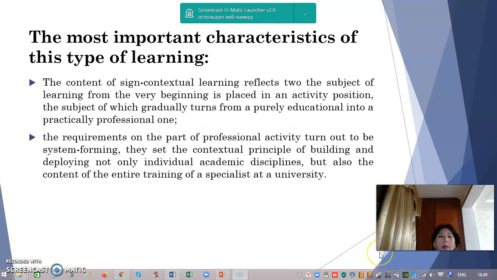Also, we can reveal some of the most important characteristics of this type of learning. The content of signed contextual learning reflects that the subject of learning, from the very beginning, is placed in an activity position, the subject of which gradually turns from a purely educational into a practical professional one. The requirements on the part of professional activity turned out to be system-forming. They set the contextual principle of building and deploying not only individual academic disciplines but also the content of the entire training